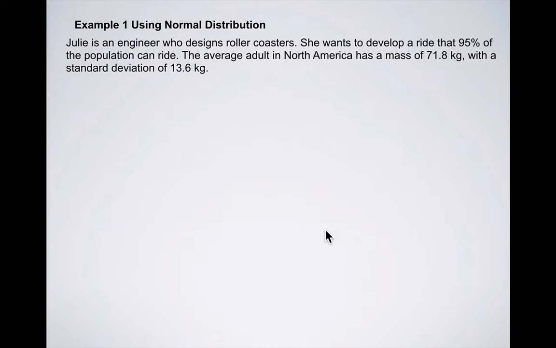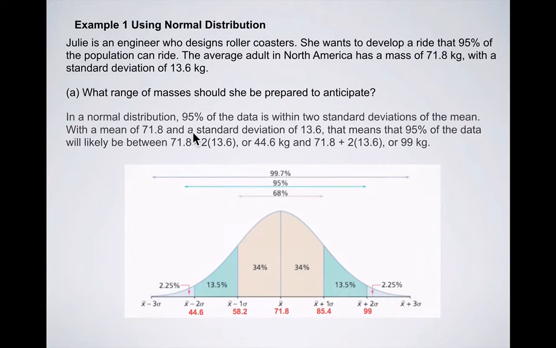So now Julie is an engineer who designs roller coasters. She wants to develop a ride that 95% of the population can ride. The average adult in North America has a mass of 71.8 kilograms with a standard deviation of 13.6 kilograms. What range of masses should she be prepared to anticipate? So if we take a look at the normal curve here,